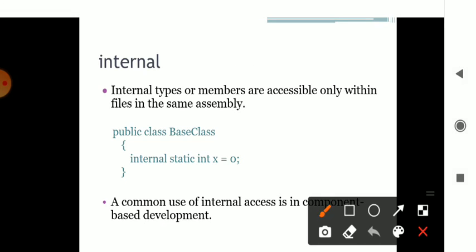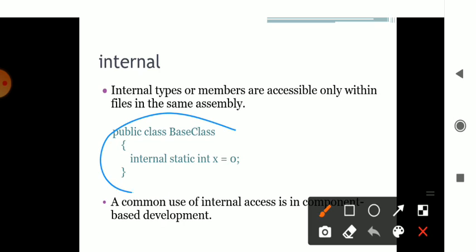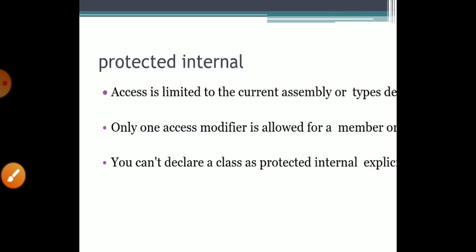Internal means within the assembly. I am using the programmatic concept in a certain language, so only that assembly can share the data, no other assembly can. For example, I am executing programs in C#. Wherever the data is present as x within the programmatic concept, it will be accessed in that program only. It cannot be shared by any other language. That is the internal concept. It is component based, related to that particular component only.